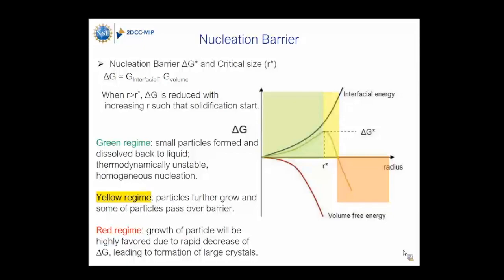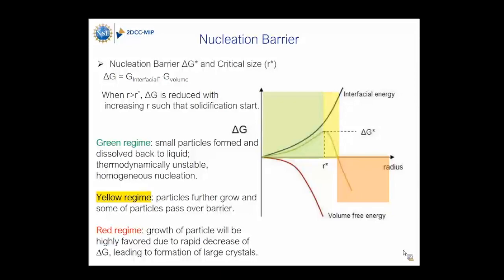When nucleation happens, this process also reduces energy in the bulk, right? So they compete. If you add these two curves together, it becomes this green curve. This delta G star is called the nucleation barrier. When these two energies compete, if this is much greater than this, then you will be in this